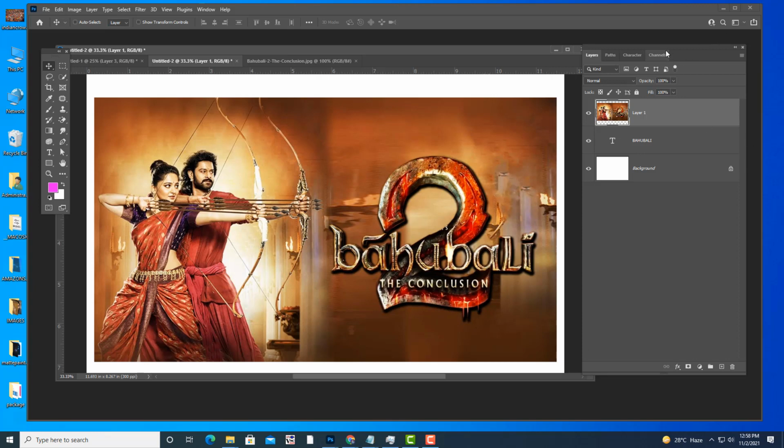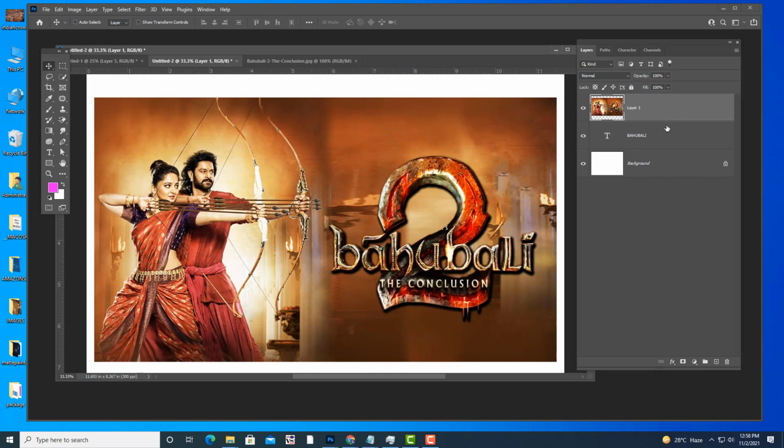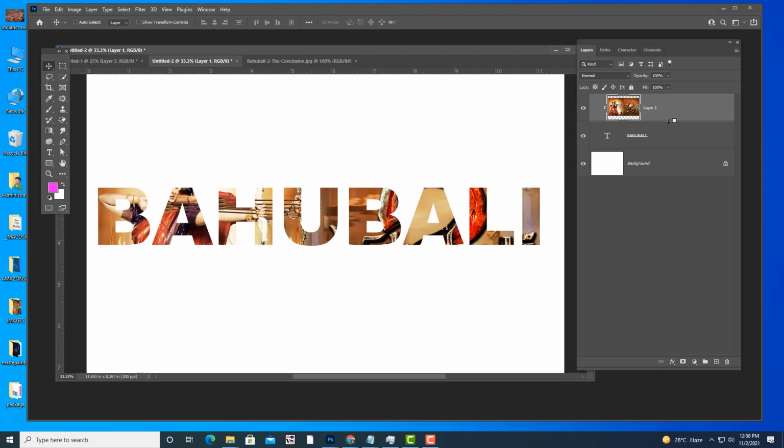And when the image layer is active, you have to hold Alt on your keyboard and click at the middle of the layers. Once you hold Alt and come to the middle, you can see a down pointing arrow. Once you see that down pointing arrow, just click your left mouse. See, now what happened? Image is inside the text.